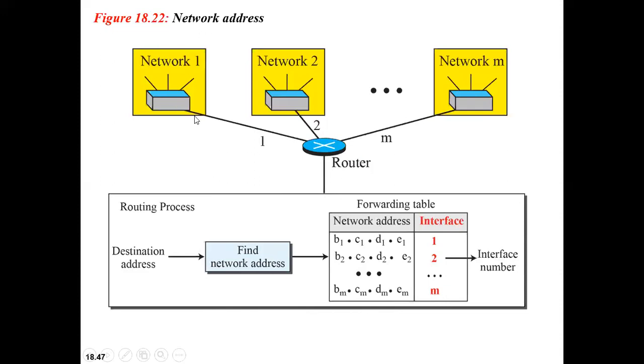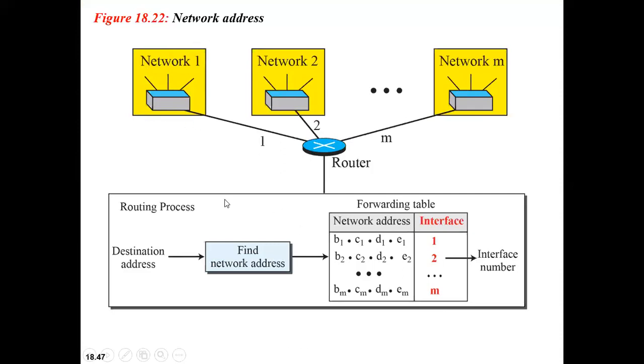So what was the network address? I will just repeat. What is a network address? It is just an identifier of a network. You need to identify each and every network by a uniquely identified address, and that is called the network address. Each and every network has a different address. It is also called an identifier. So that is a network address.